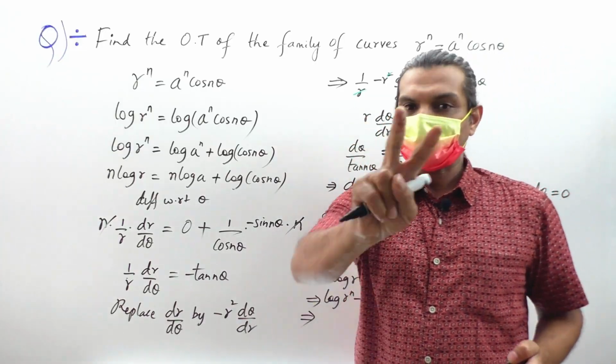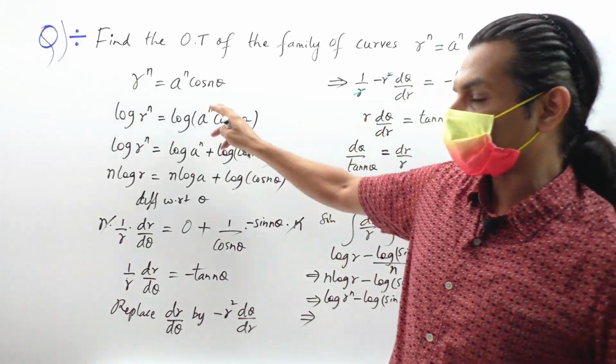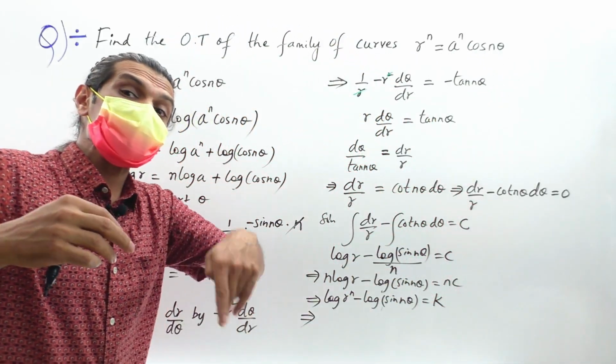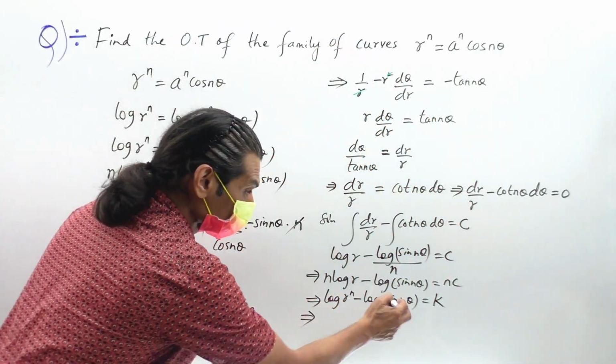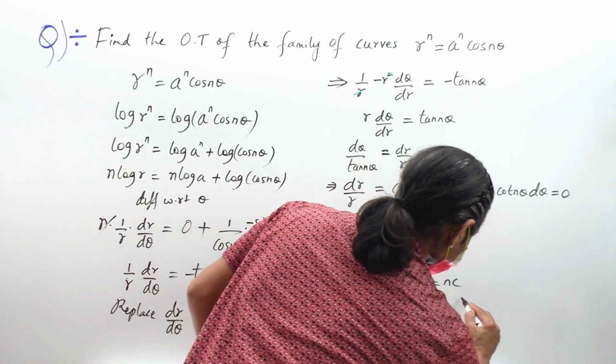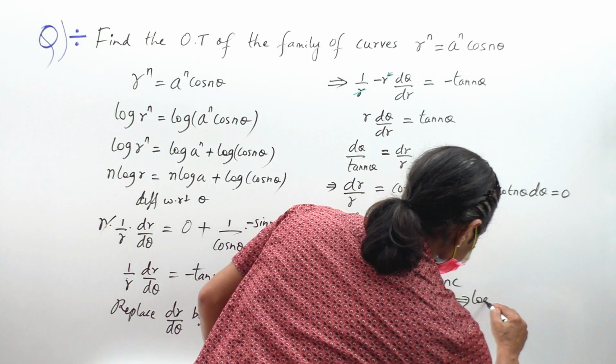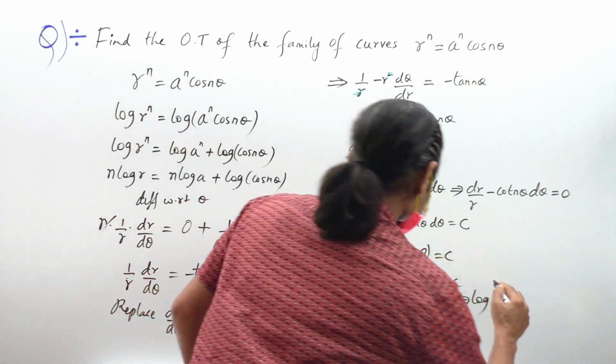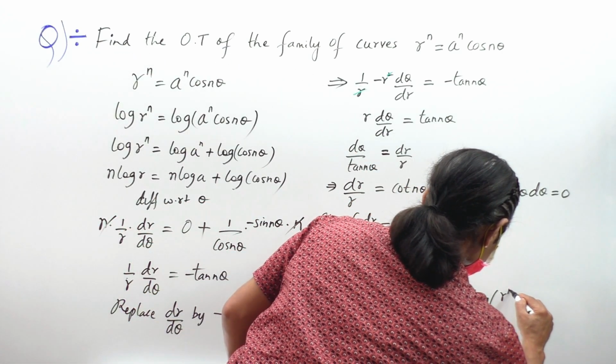So in log we have 3 basics. Log a into b is log a plus log b. Log a by b is log a minus log b, and log a raised to k is k log a. So log a minus b is what? I write it better. That implies log a minus log b, log a by b. So log of r to the power n by